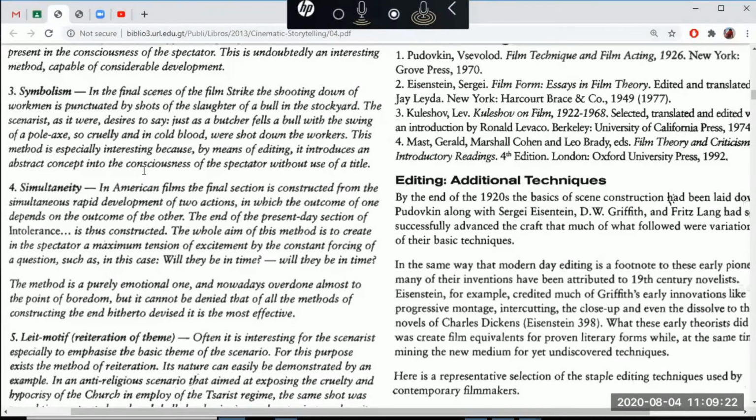Okay, so again, symbolically, the two images together will create a third meaning that would relate to cruelty or cold-blooded murder, right? So cruelty, where you are saying there is no difference between the two. And he says that symbolism is a very interesting means of editing. It introduces abstract concepts to the consciousness of the spectator without the use of a title. So I believe you understand why it is saying abstract concept, because the film is not saying in words that